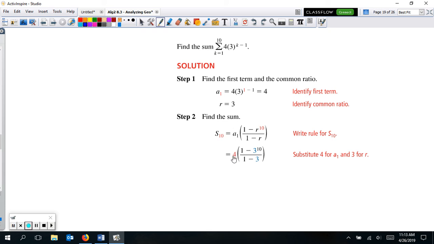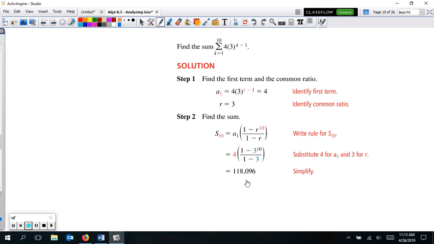So 4, which is your first term, then 1 minus 3 to the 10th power, which is r to the 10th, over 1 minus 3 on the bottom. So we got to do, what is 3 to the 10th power there? You have to figure out what that number is, and know that this gives you a whole big number at the end, but basically you're going to do what is 3 to the 10th? And then 1 minus that number, this is negative 2 on the bottom, so you'll divide that by negative 2 and then multiply it by 4. So all of that's being done there to get this big number of